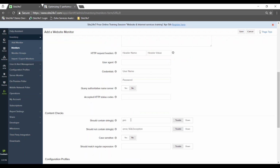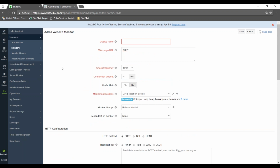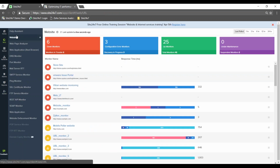So here you can provide the URL that needs to be monitored. We will be sending an HTTPS request to the target site, and based on the response received, we will report whether the site is up or down. It's not just a ping check. We are going to check what response is served by your server, whether it's a 200 response or